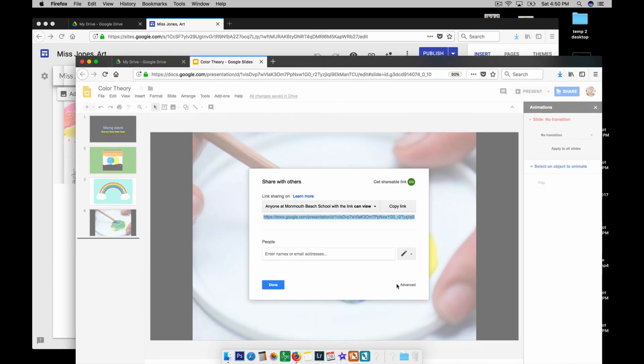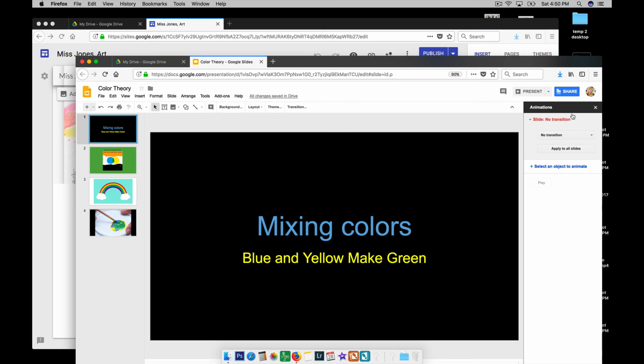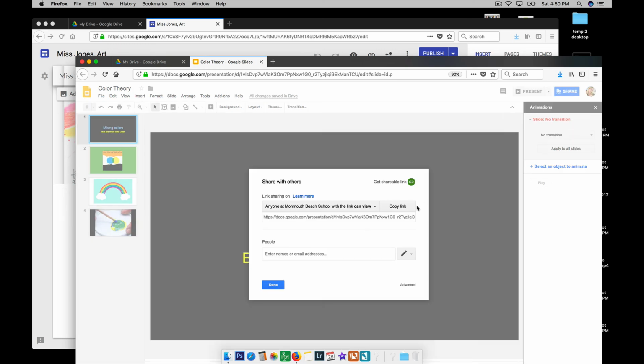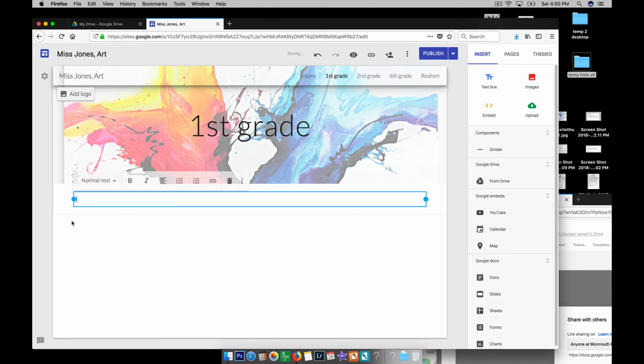So here's where we were. I got the link. Let me go through that again. Here's our slideshow. And then share and copy the link. It says it's copied to clipboard. Then you go where you want to add it. Color theory slideshow, or blue and yellow make green slideshow. Okay. And then you make this the link